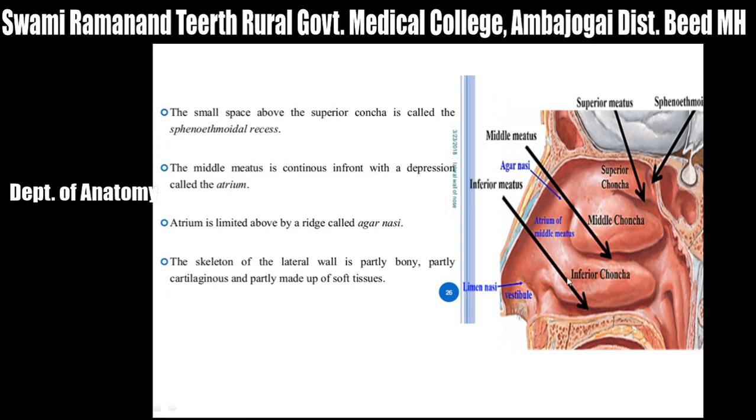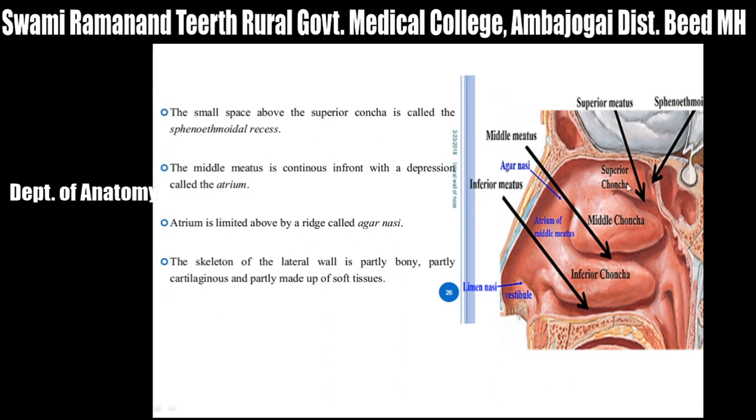Now there are some structures or spaces present in this lateral wall. You can see that this is the superior nasal concha. This one is the sphenoidal air sinus, and this is the concha which arises from the ethmoid bone. You can see that the sphenoidal air sinus opens here. This is the space present between a part of the ethmoid bone, the superior concha, and the sphenoidal air sinus. This space is called the sphenoethmoidal recess. So above the superior concha, which sinus opens? That is the sphenoidal air sinus.